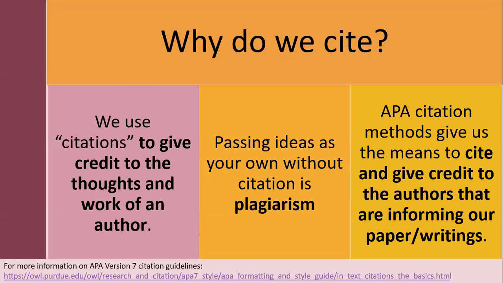More importantly, we want to make sure that when you cite, you cite in a way that someone can go back and look and find, where did you get this quote or this idea from? We cite so we can avoid plagiarism. We cite to give credit to the author who created the ideas or the writings that we are referring to. So in essence, APA citation methods give us the means to cite and give credit to authors in our papers